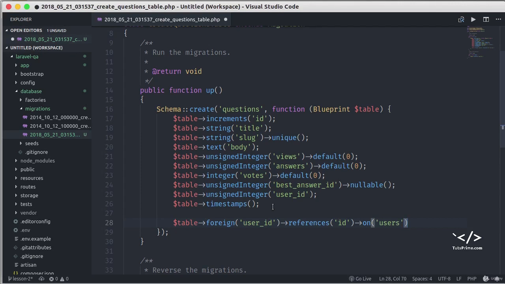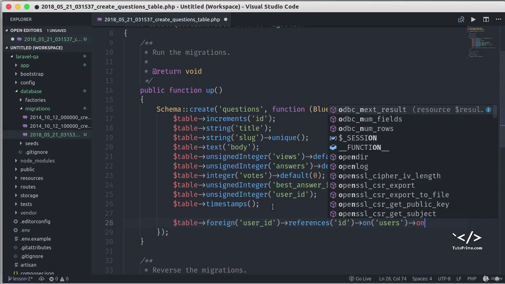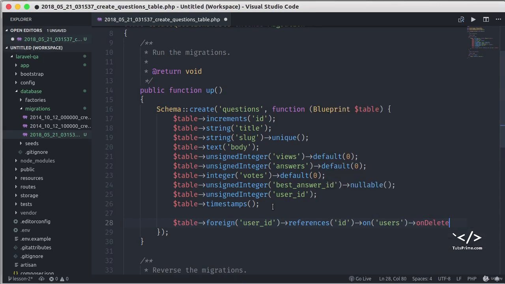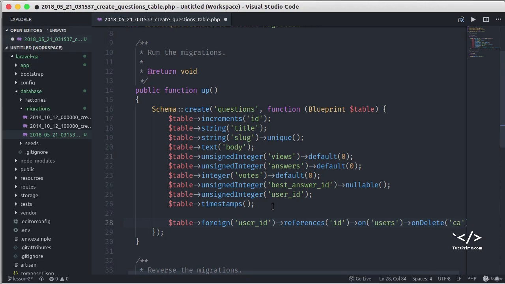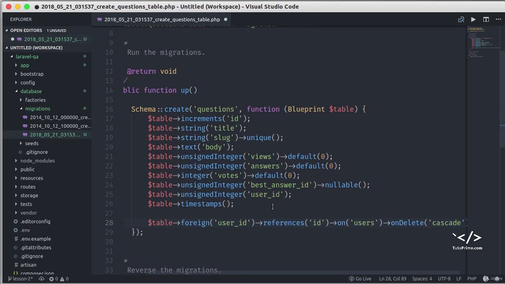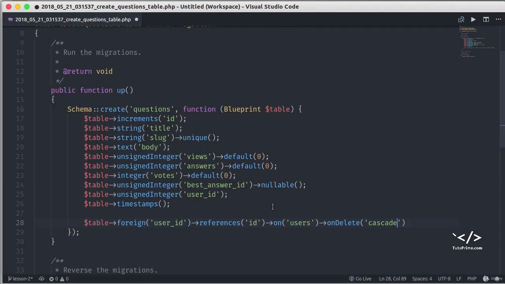Okay, and whenever the user is deleted, all questions related to the user will be cascaded, or they will also be removed. So here on delete cascade, like so. Okay, save that,